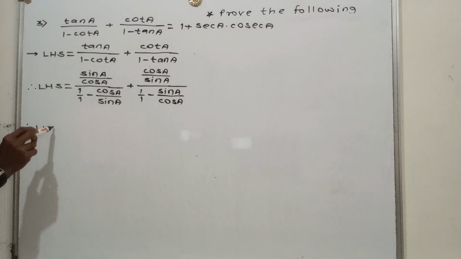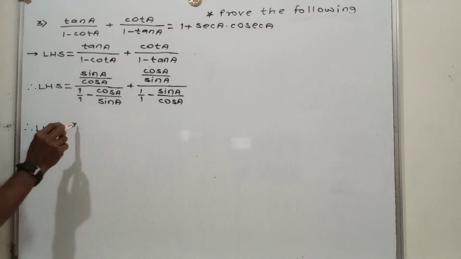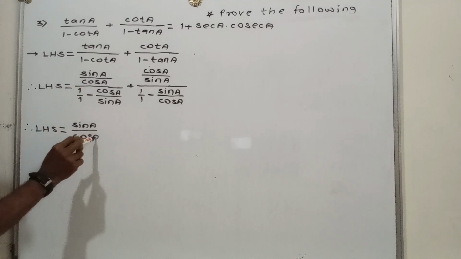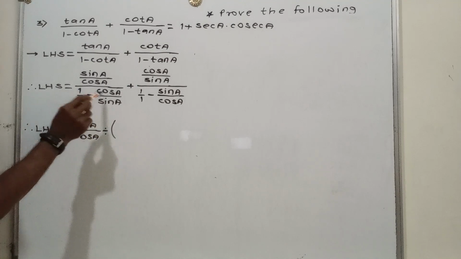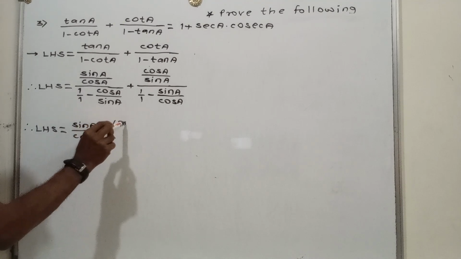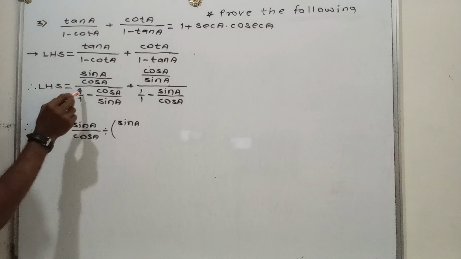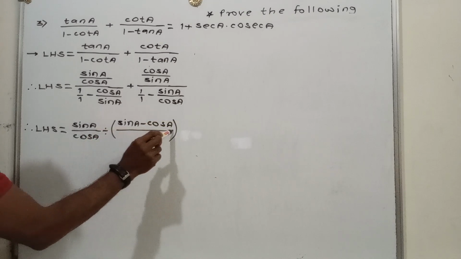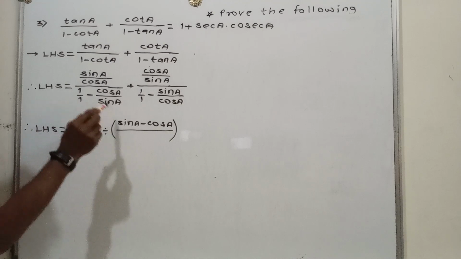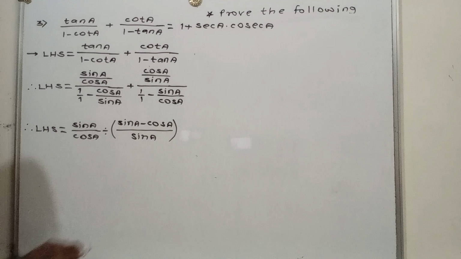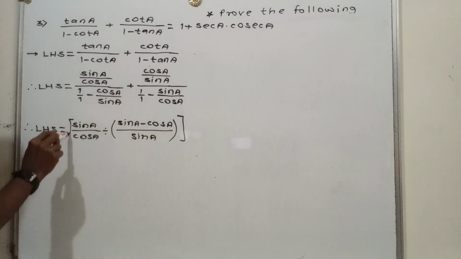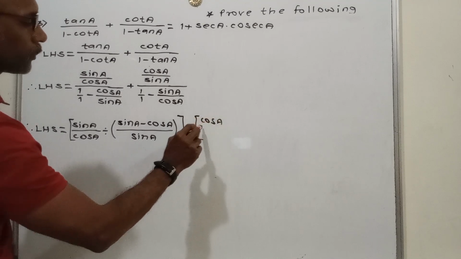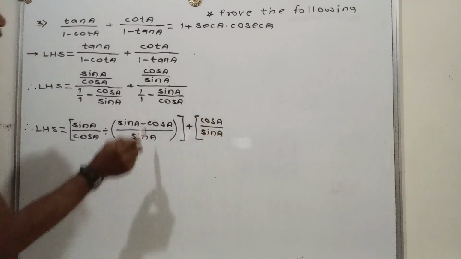Therefore, LHS is equal to: we write here sin A upon cos A divided by this, sin A into 1 means sin A minus 1 into cos A means cos A, upon product of denominators, 1 into sin A means sin A. Same way we write for this plus square bracket cos A upon sin A divided by,